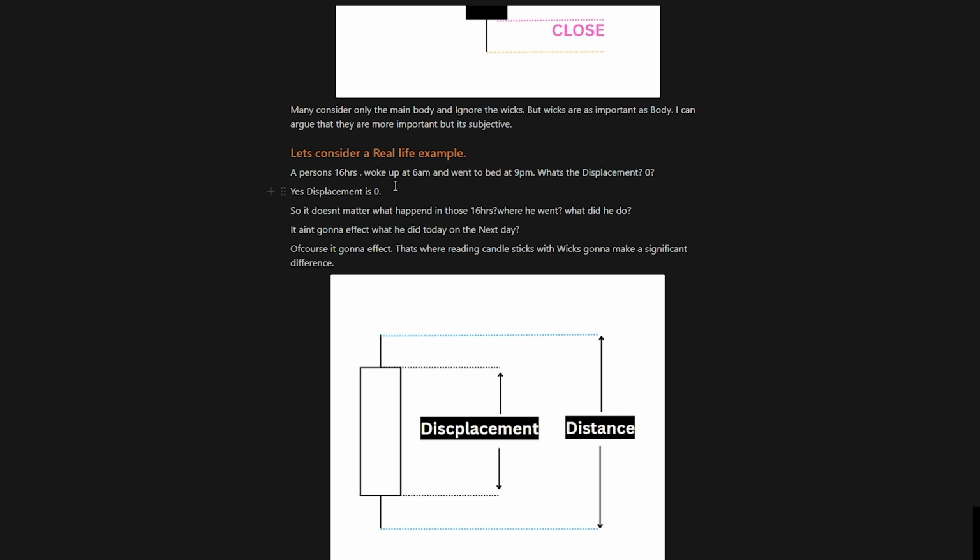Well, they matter. The point I'm trying to make here is that the distance is as important as the displacement, or say the body is as important as the wicks and vice versa. Whatever you do the whole day is going to affect how you wake up next day or what you're going to do next day, because we are always moving ahead. Same as candlesticks,